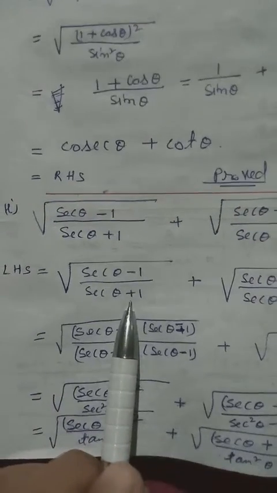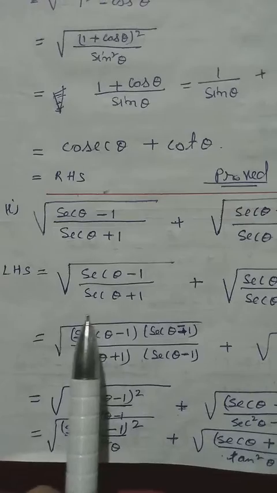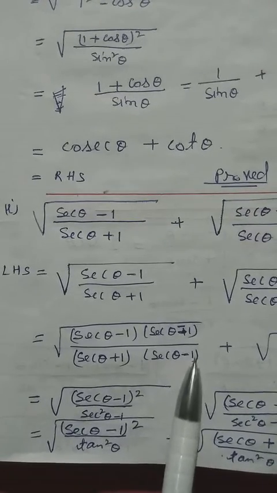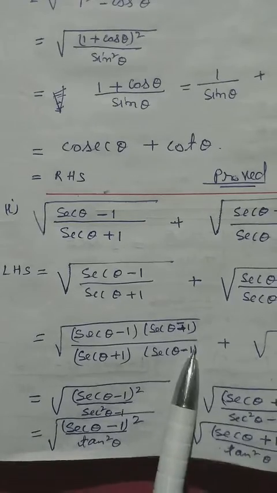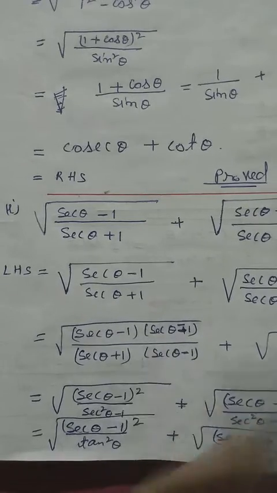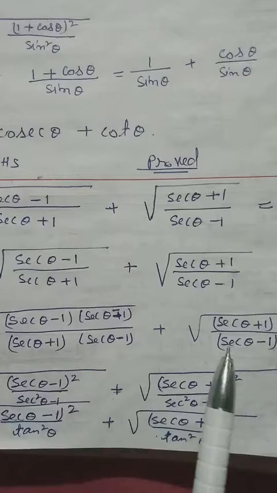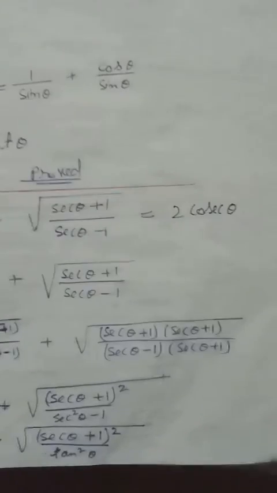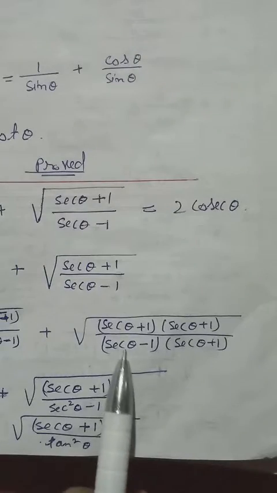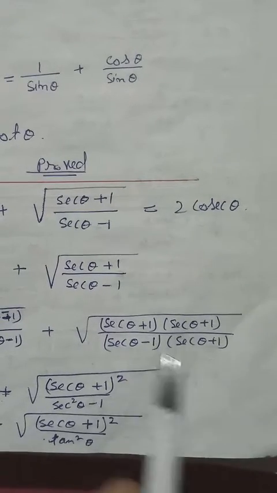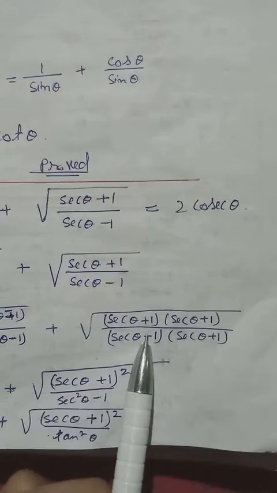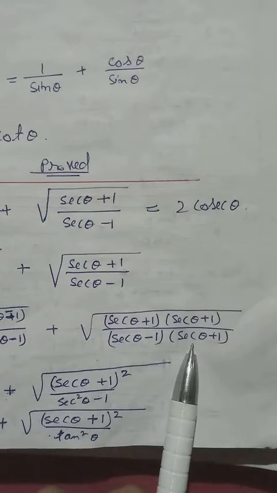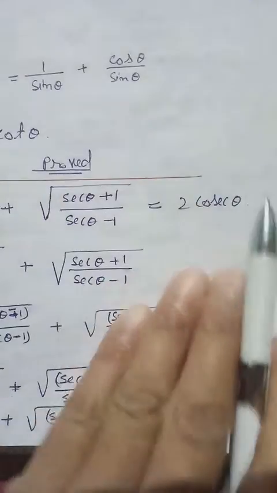We have here plus, then we rationalize with the same number but opposite sign. So plus we rationalize with minus. The one which we multiply down, we also take it up. Then in the other square root also, we have sec theta minus 1. We will rationalize with its conjugate. So sec theta remains the same, 1 remains the same, but instead of minus, we rationalize with plus. Then the one which we write down, we also have to take it up.